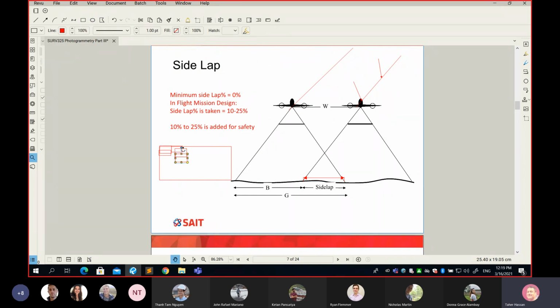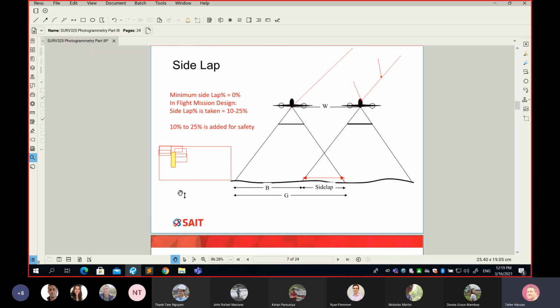Okay, and you can see, let's look at this area here. Do you see this area here? I'm going to give it different color. I'm asking you, this area here, does it show in any image at all? Not even one. Does it show at all in your photo sequence? No. No, and that's why, although the minimum side lap theoretically can be zero, but again, we cannot use the